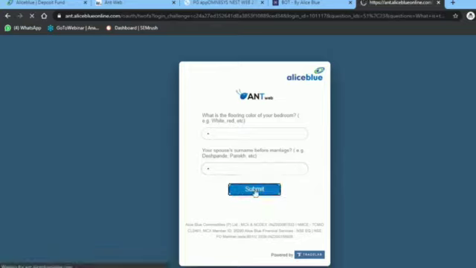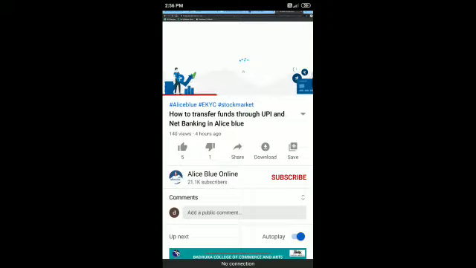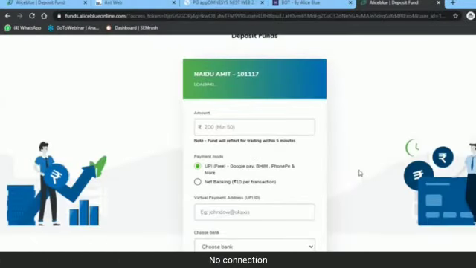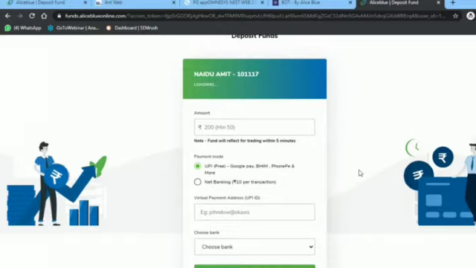Click on the submit. You will be redirected to the payment gateway page. So this is the payment gateway page of Bot. Next, let's see the Ant Desk.